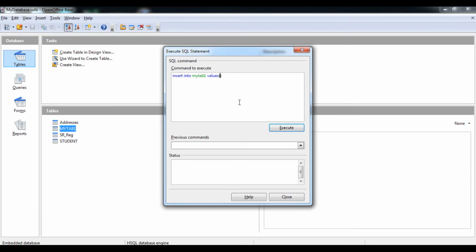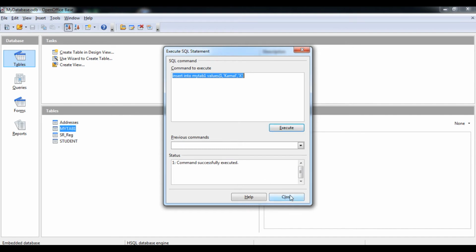Within round brackets you provide the details of the table, like 1 as the roll number, student name, suppose Kamal. It should be enclosed in single or double quotes. It is better to use single quotes only, because it is also good practice. So here is Kamal, and then class is 10th class, that is X.